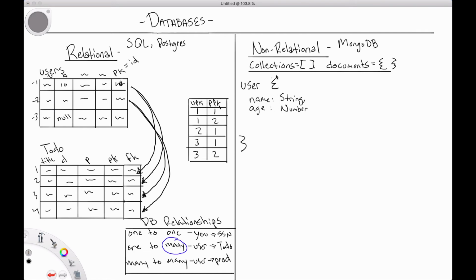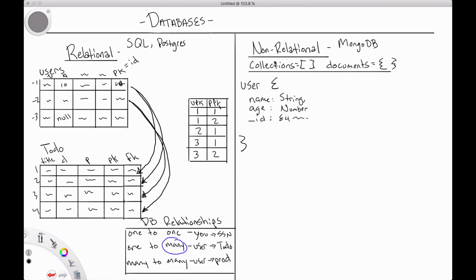It's just like a blueprint, almost like a constructor function. We're saying, this is the blueprint to follow when you're creating a user. They'll have a name that's a string, an age that's a number. The database will give them an ID, which in MongoDB is called an _ID, not a primary key. So _ID is the MongoDB convention, and it'll just be a random string of characters. And that is how we declare our user collection. And then every time we use this, we'll be creating new user documents that are all compiled into the same